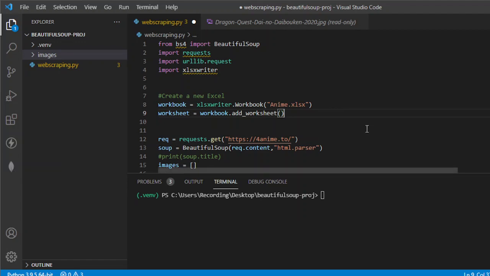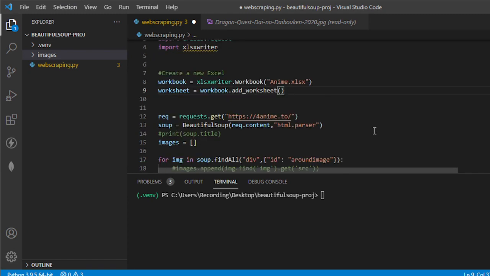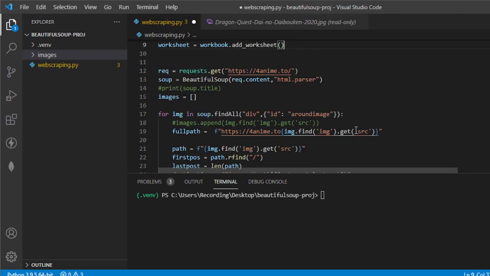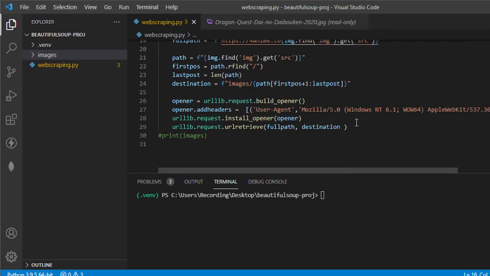Now the next thing we need to do, after creating the worksheet, is the objective here: I want to write or save this information in Excel. So just the information, not the image yet. So to do that, we need to perform, let's say up here,